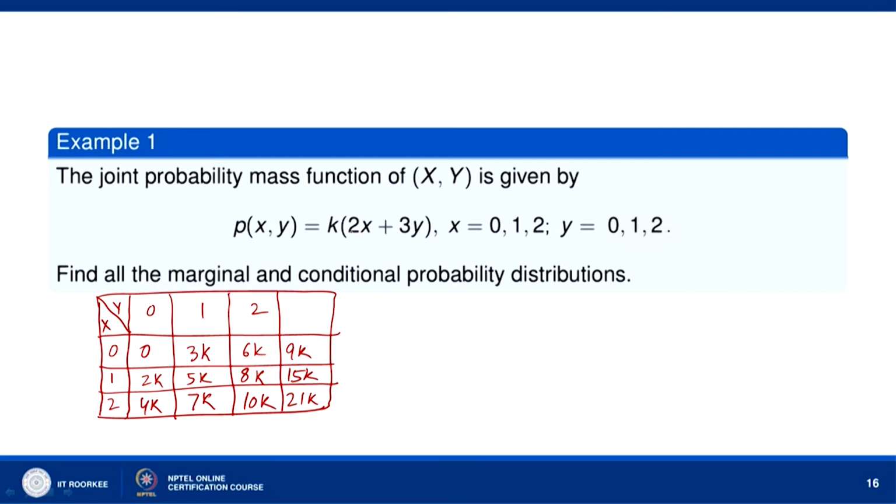When x is equal to 2, y is 0, we have 4k. When x is 2, y is 1, we have 7k. When x is 2, y is 2, we have 3 2s are 6 plus 4, 10k. So, this is 15 plus 9, 24, 24 plus 21, 45k. All right. Let us see the sum of the